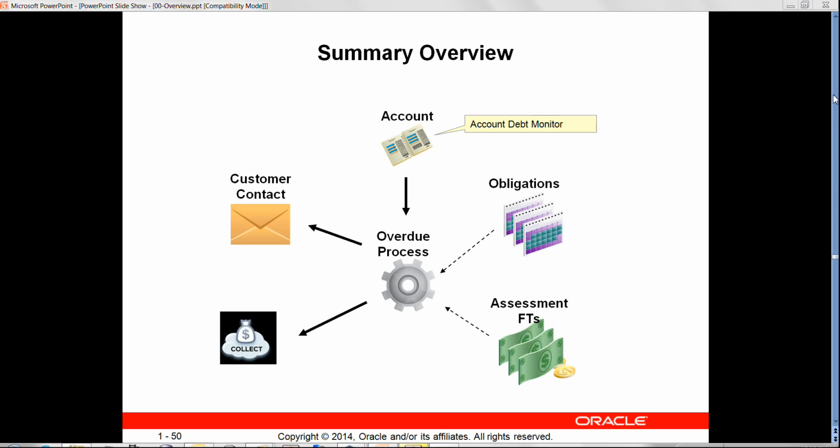So what have we seen in this lesson? We've first of all looked at an overdue process. An overdue process is a list of events in a certain sequence that can take place. It's triggered by the account debt monitor. We created it manually. And you can either create an overdue process based upon assessments or obligations, and we were actually monitoring assessments. And as a result of the list of events that took place, after sending out a customer contact, we created a collection case and then waited for that collection case to be complete before actually writing off the